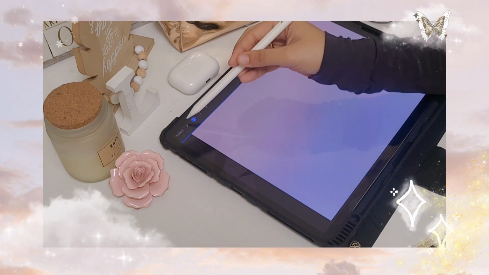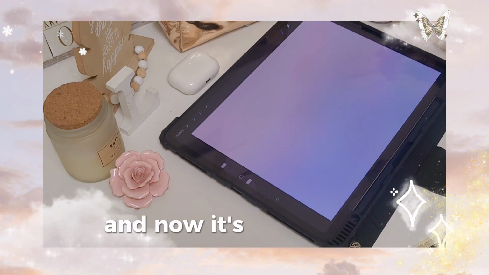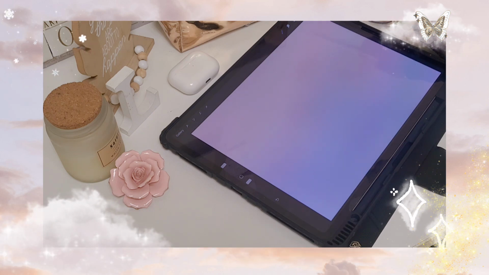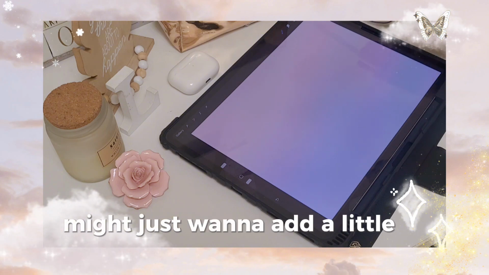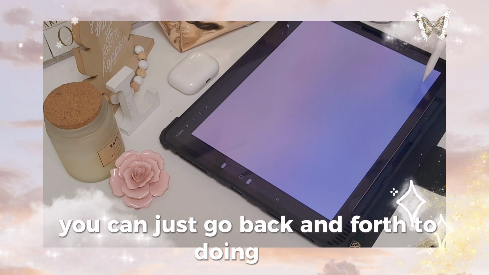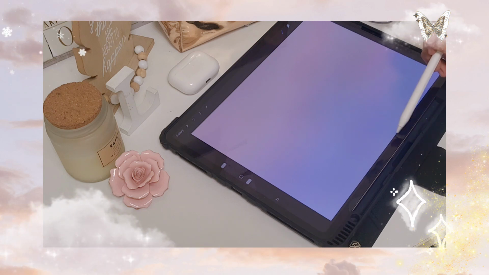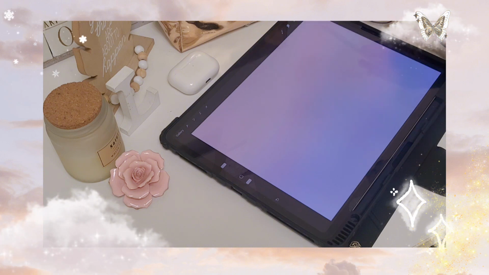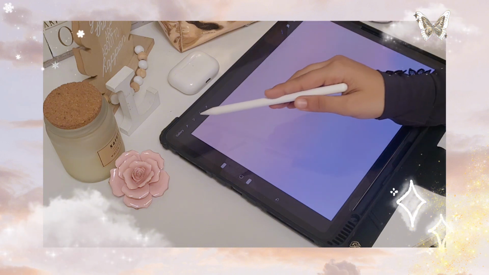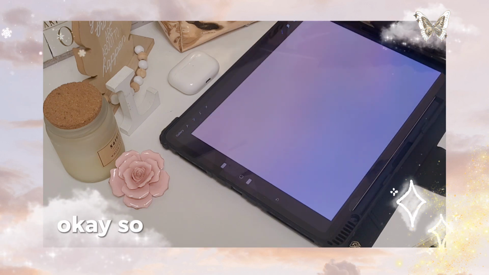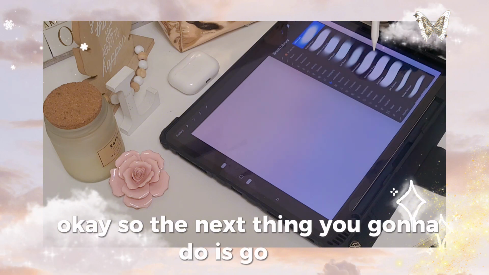So yeah. And now I'm very much satisfied with this one. Although I might want to add a little purple over here. So you can just go back and forth doing this. Gaussian blur. Yeah. Okay. So now the next thing you're going to do is go over